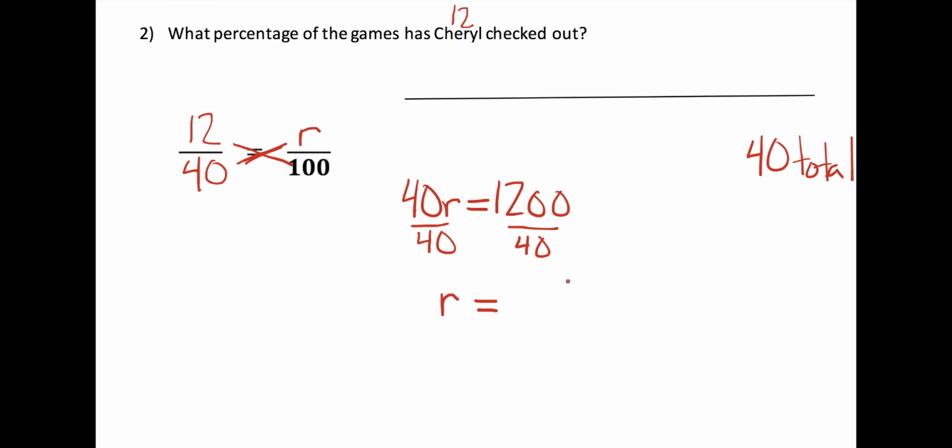All right, now let's look here. 40 into 1200. 1200 divided by 40. Let's take a look at that, why don't we? Let's do that over here. 1200. It's kind of bigger numbers, all right? 40 doesn't go into 1, it doesn't go into 12, but it does go into 120. And it goes into 120 3 times. 3 times 40 is 120. Zeros us out, but we're not to the end yet. So we have to bring this 0 down, and 40 goes into 0 times. That means R,